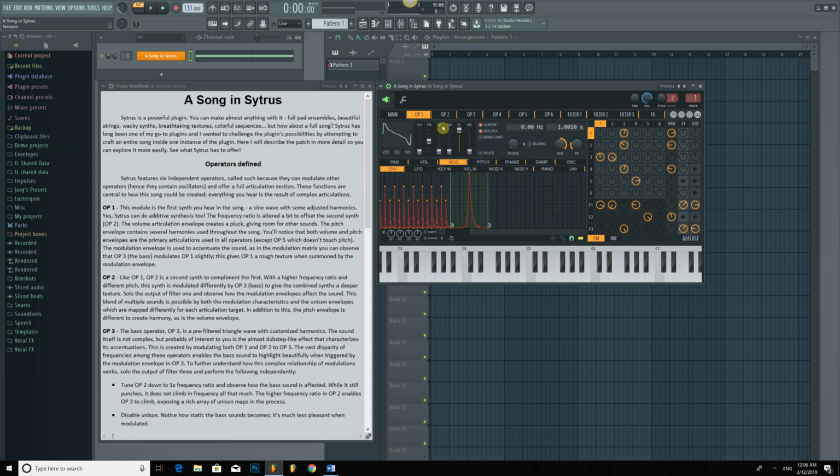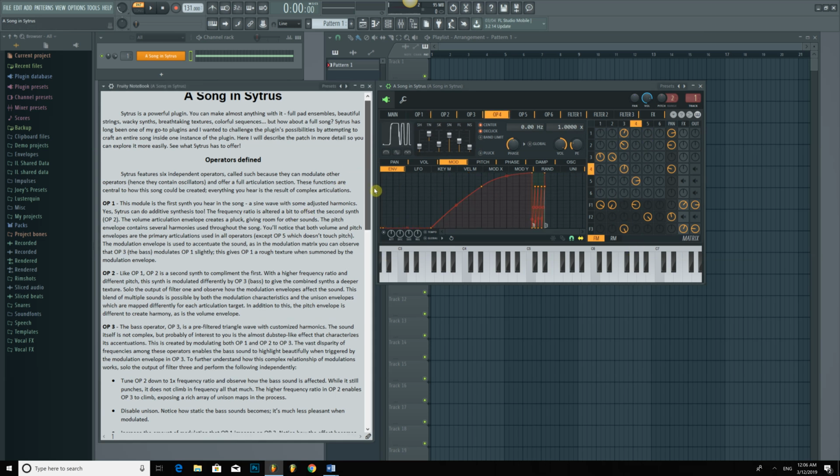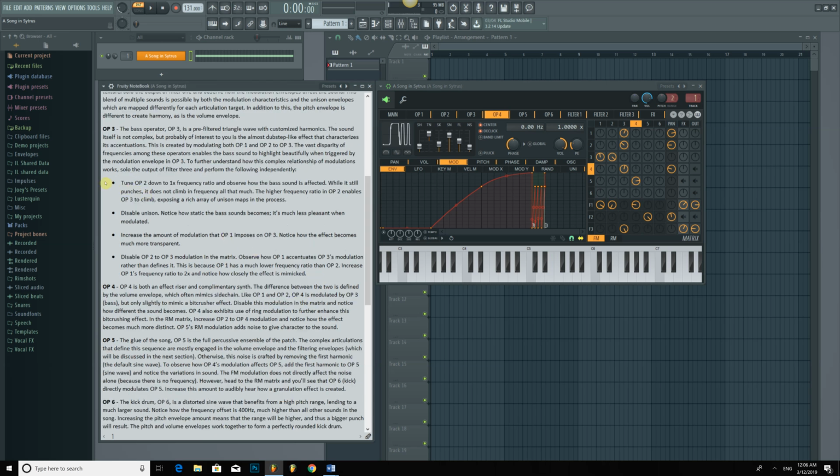Now I'm going to start playing the song again, and we're going to talk about sound number 4 as well. So there's a couple points in here. If you want to play around with this a little bit, you can do that. I talk about unison and how unison contributes to the thickness of this sound. There are actually unison mappings for just about every little parameter in here, and that's partly why the CPU is a little crazy. Basically, what unison mappings do is they give you more creative control over how and to what degree the unison is applied to that individual